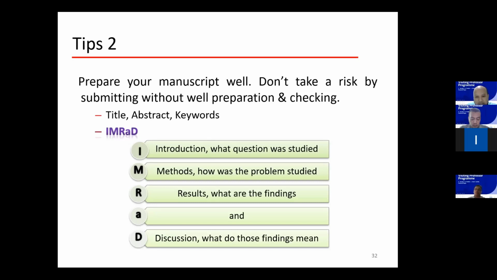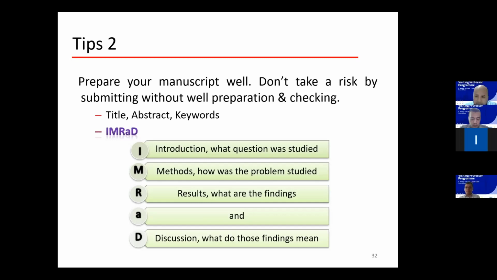For example, if in your work you do some improvement, for example, in the control area, you are using a partial PID controller, or you are optimizing the value of PID, then you need to explain why the previous one is not good. So this is the key point for the reviewer to continue checking your paper. If they cannot find this problem statement clearly, usually they will immediately reject the paper, because there are too many papers to be reviewed.